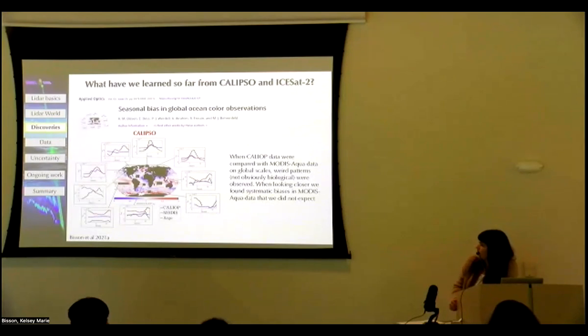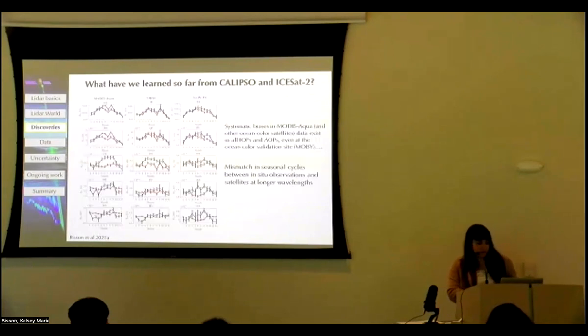Then I'm showing some places where I picked out where there had been seasonal data available from BioArgo floats. You can see there's this artifactual seasonality introduced in MODIS Aqua in some of these regions of disagreement, especially in the South Pacific or in the Indian Ocean, where you wouldn't expect